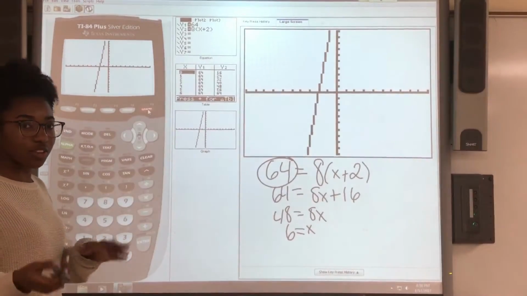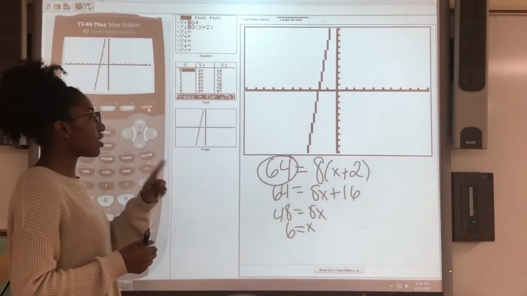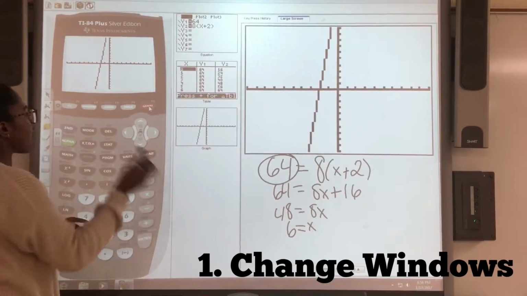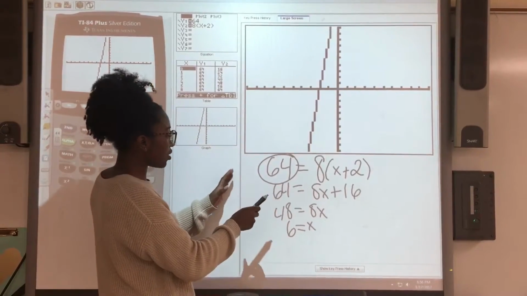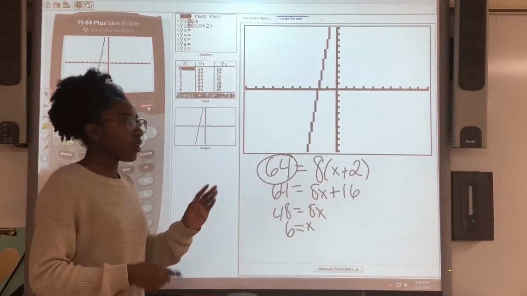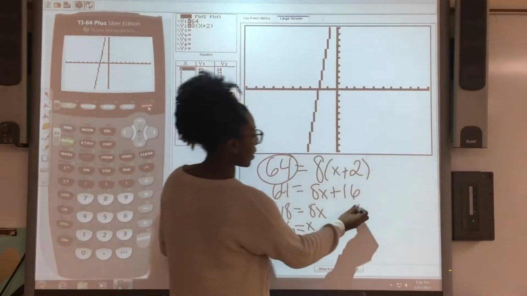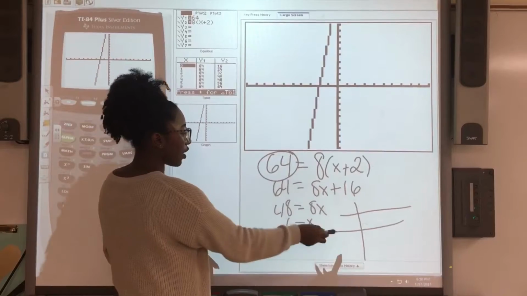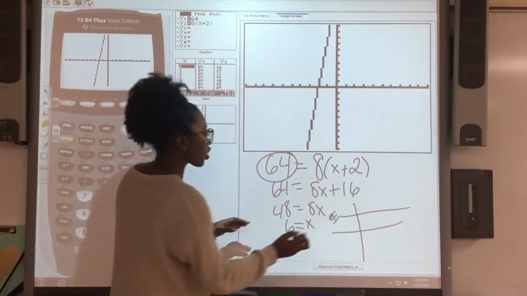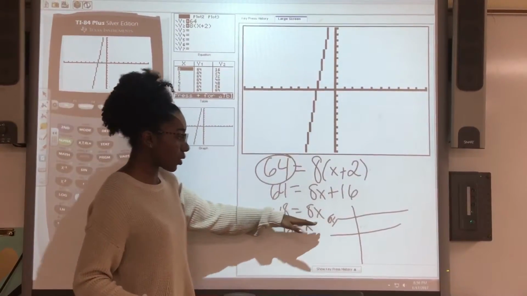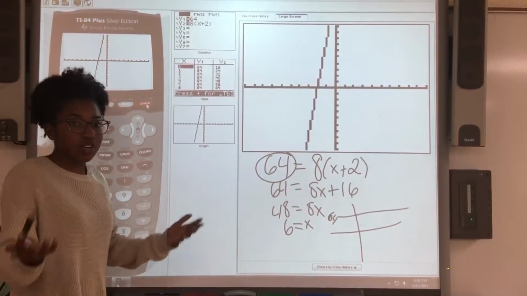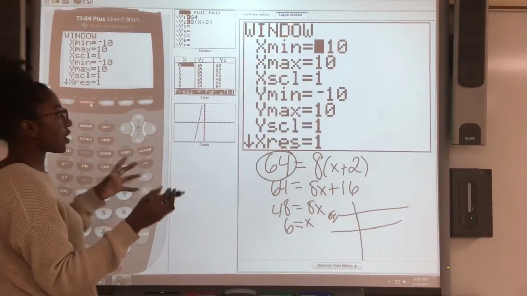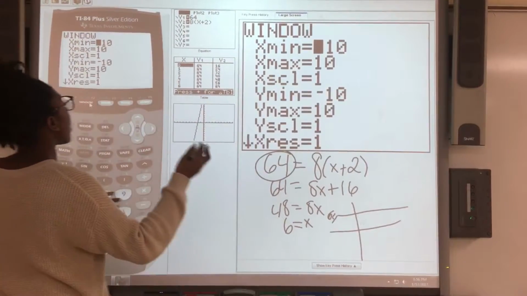There are actually two ways to change it. The first way would be to change the window. Whenever you are graphing something, we know that the first equation was y equals 64. When y is equal to a constant, you know it's just going to be a straight line, at the value 64. So you just have to tell your calculator that. You go to your window, which is how much of the graph the calculator will allow you to see, and you go to